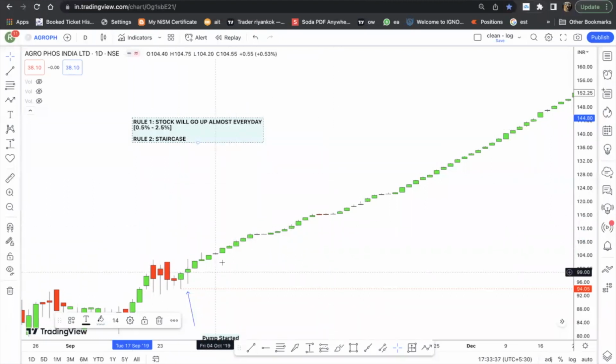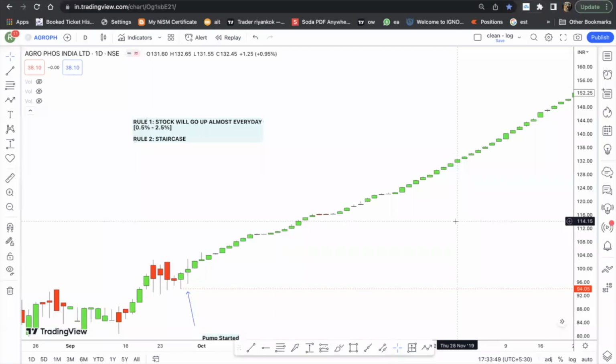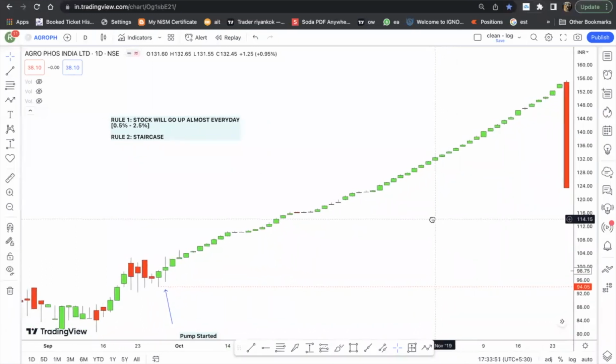ठीक है, तो ऑलमोस्ट रोज ऊपर जाएगा और ऐसा कुछ चार्ट पैटर्न आपको बनता हुआ दिखेगा. So this is appearing like the stock is going up by stairs, right? And when you are going up by stairs and you decide to take a downturn by elevator, this is what happens. One day suddenly the stock will be dumped and 20% का उसमें लोअर सर्किट लग जाएगा.